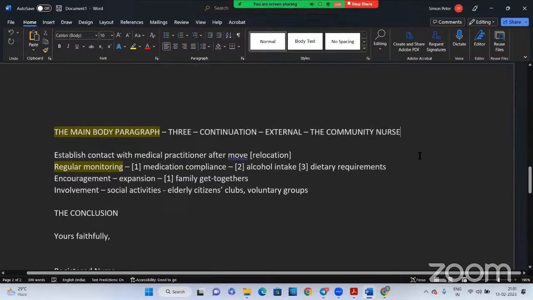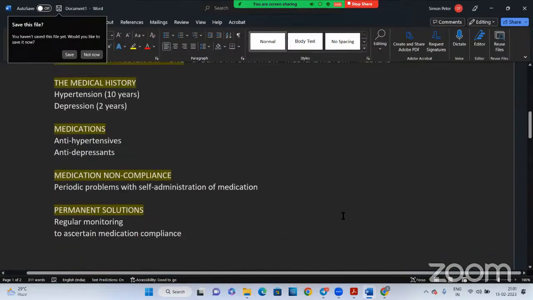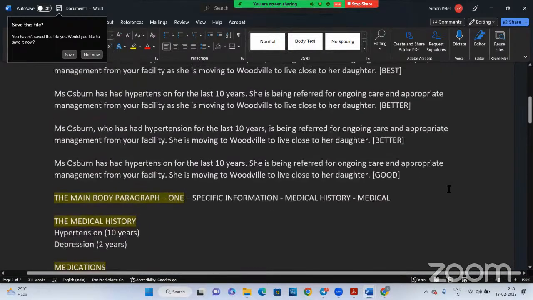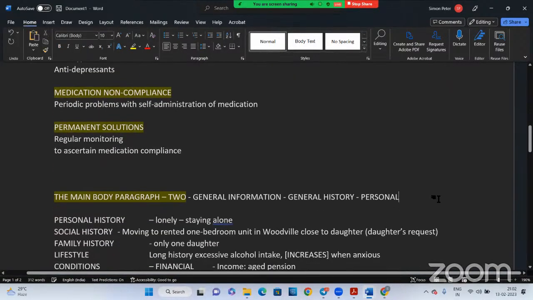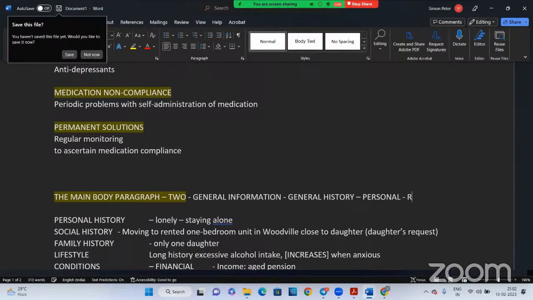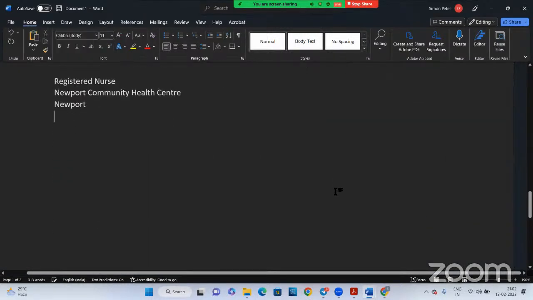This is care, ongoing care, continuity of care. This is the care zone. This is the serious zone. Medical problem is the serious zone. Serious, urgent needs, serious zone. This is the general, means ordinary zone. I'm giving you all the different types of explanation, so you should know by now how many letters you might have written.